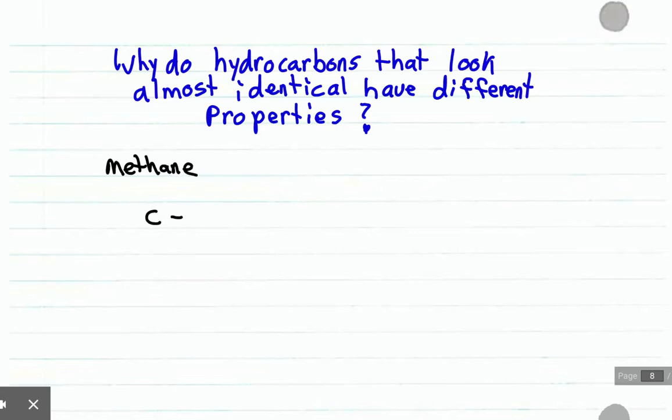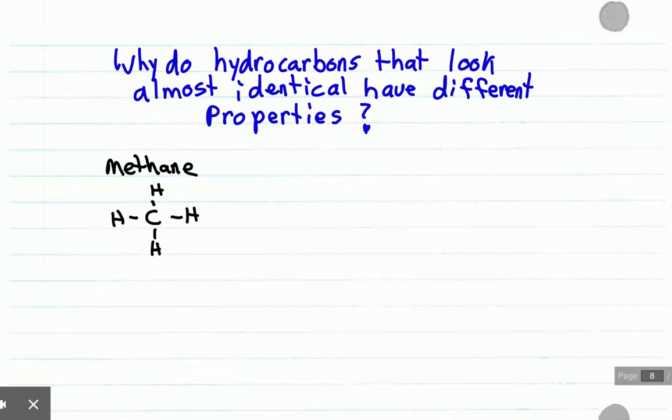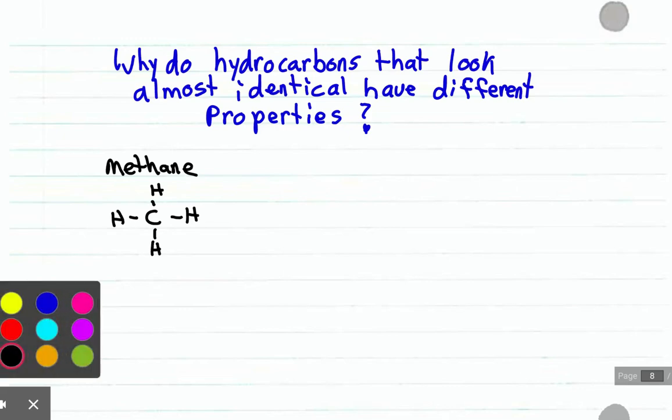which is CH4, so it looks like this. If we have this methane, we have CH4. We know that methane is natural gas. Okay. And one of the other hydrocarbons that you looked at was butane, which is the fuel